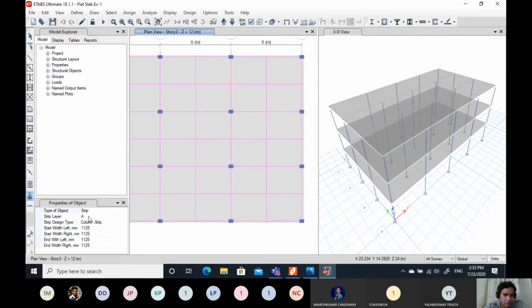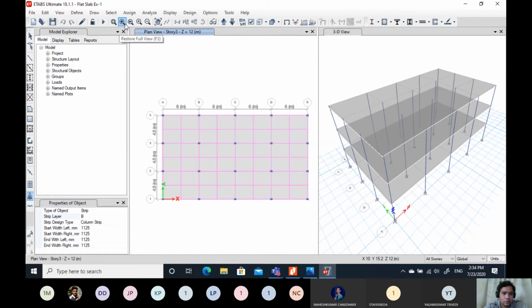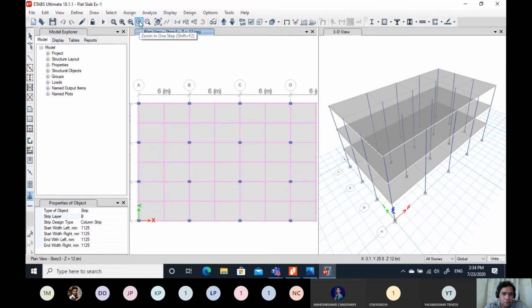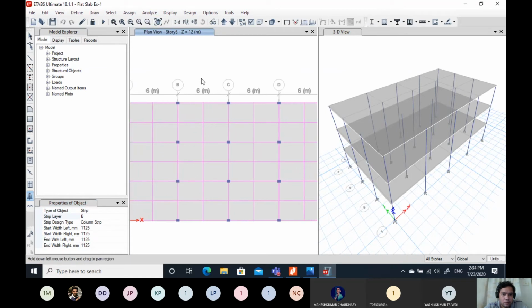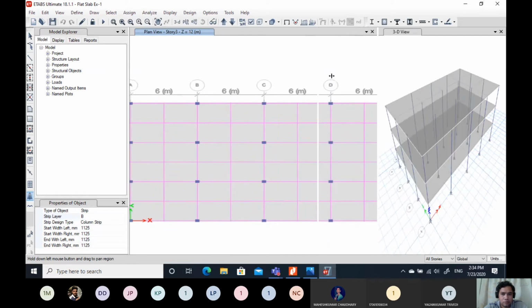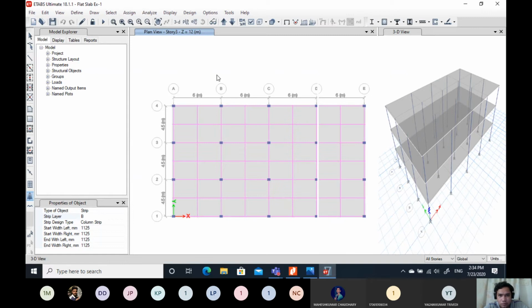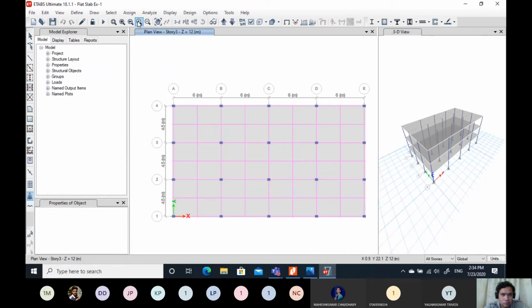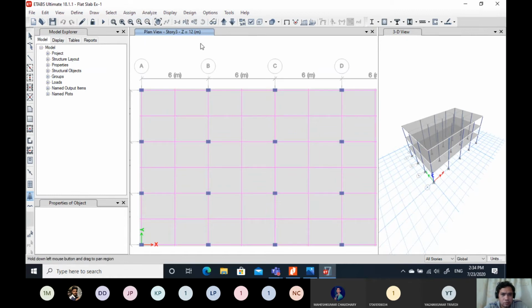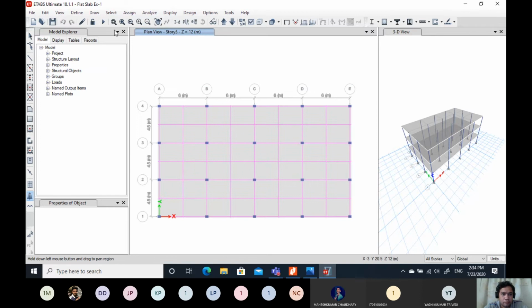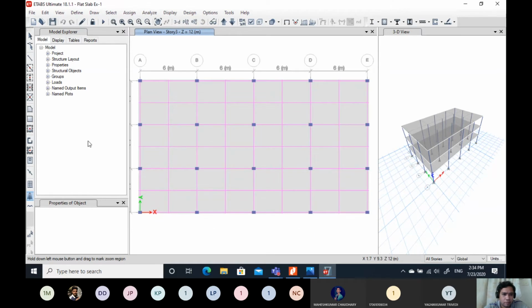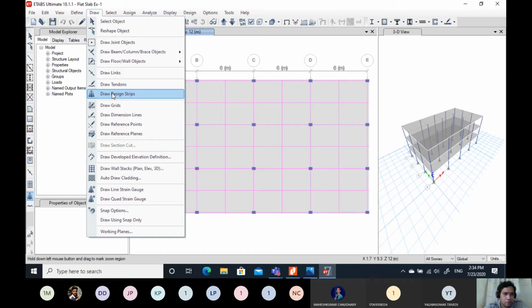Next let us say strip layer B. Those are the horizontal strips. So zoom fit. Draw design strips.